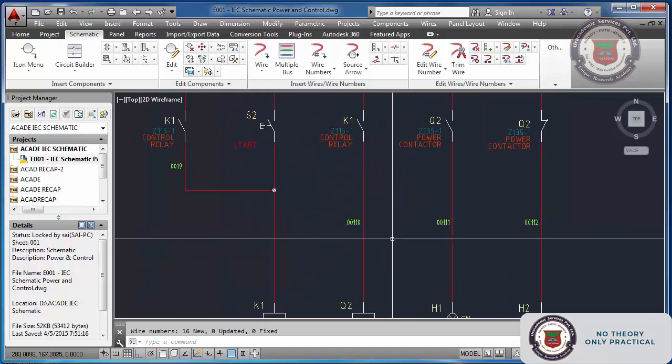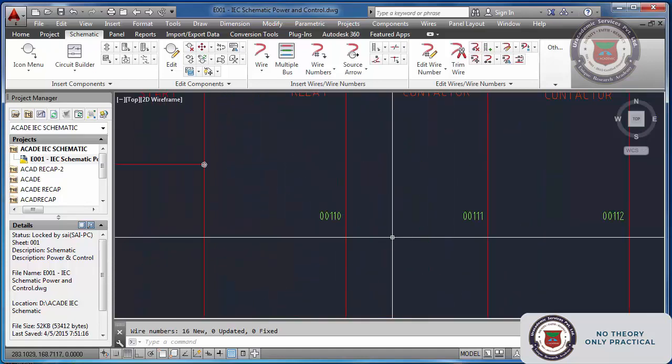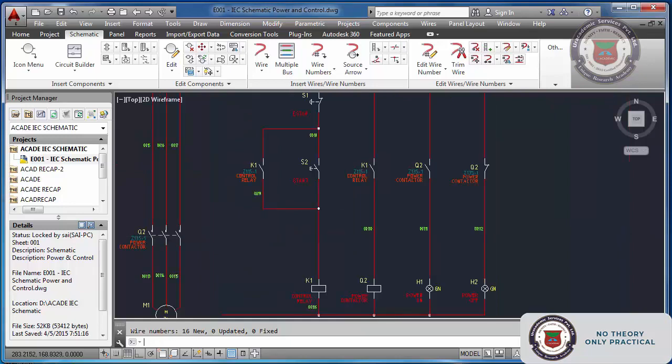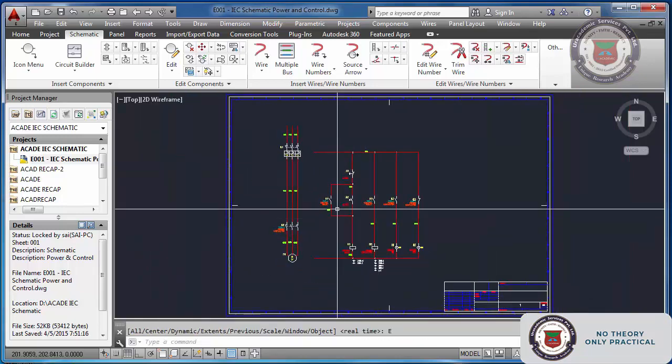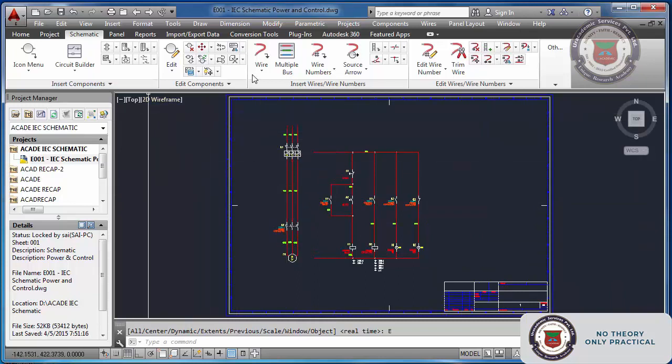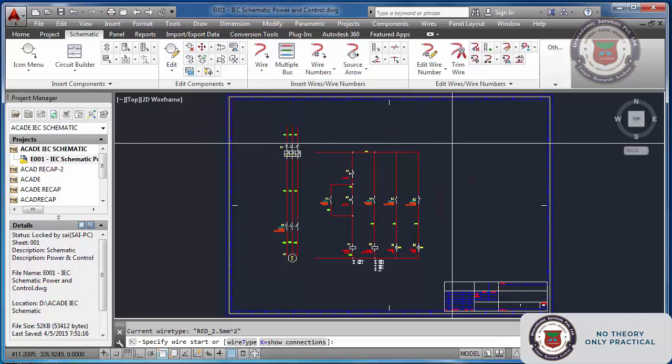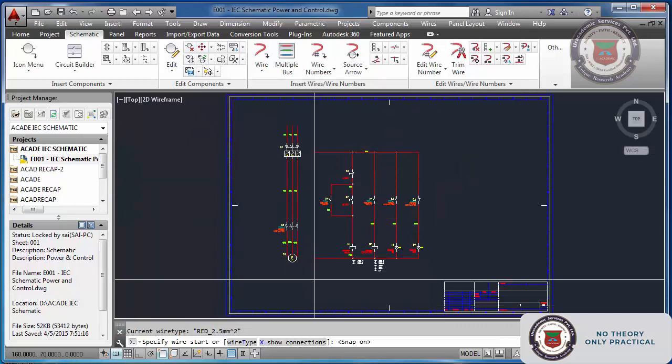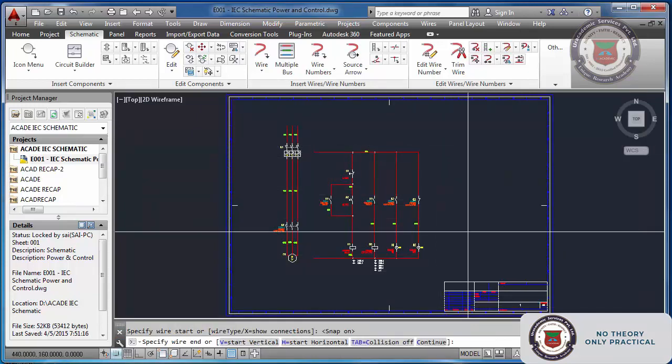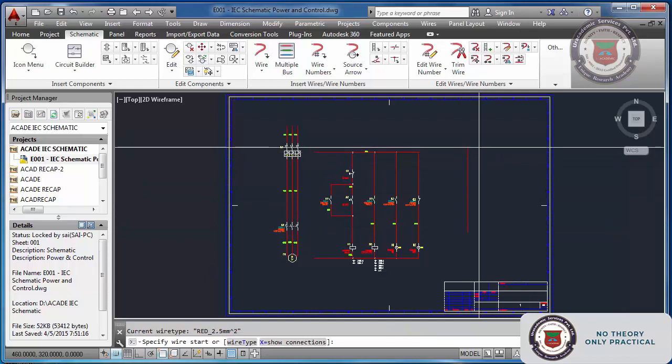You can do it sequentially or with some prefix and all if you want. That is also very much possible. And one more thing, if you are, suppose, in a three-phase circuit, or if you want to insert a power supply, let us assume a power supply. I want to insert a power supply in this particular sheet.